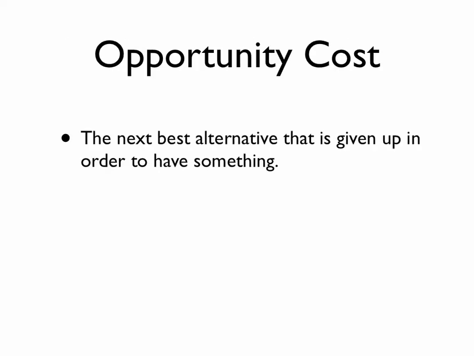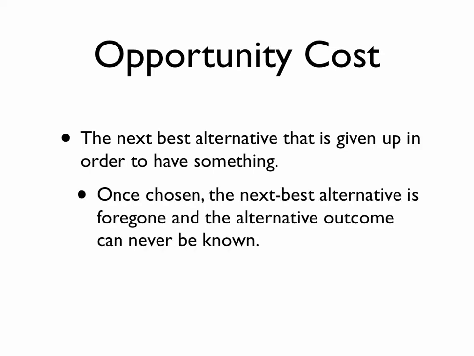And so an opportunity cost is our next best alternative that is given up in order to have something. If I go to the grocery store and I have to decide whether I want to buy an orange or an apple, that choice is going to incur an opportunity cost. I can only have one, and so I choose the apple. Well, the next best alternative that I gave up was the orange. So the opportunity cost of buying the apple and eating the apple was giving up buying and eating the orange. And therefore that would be the opportunity cost. It would not be everything in the grocery store. It would only be that orange, which was my next best alternative had I not purchased the apple.